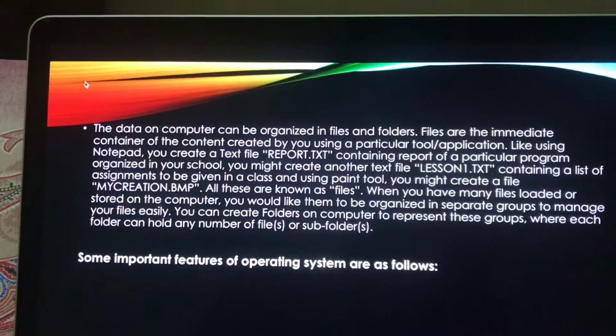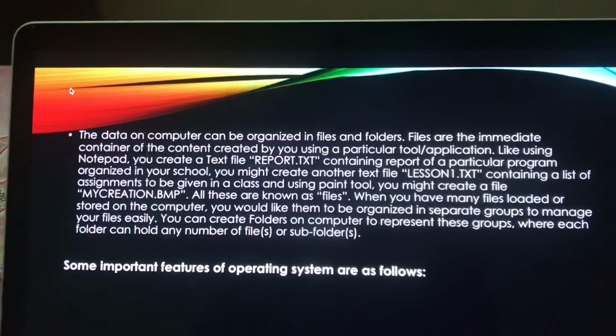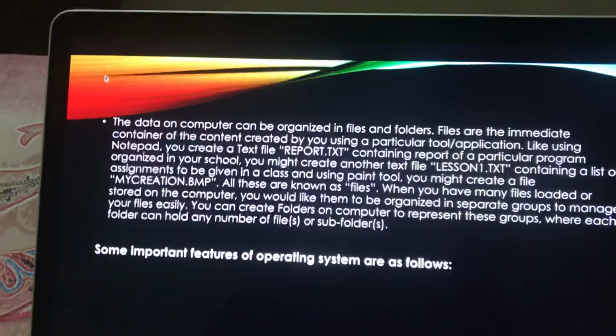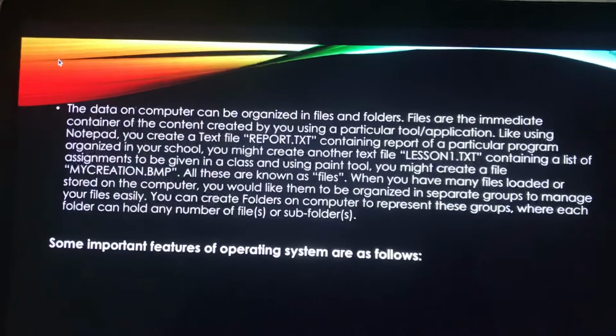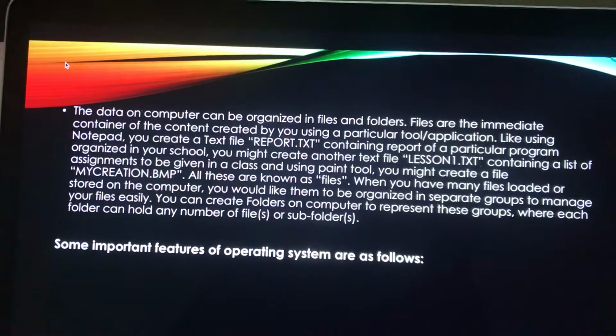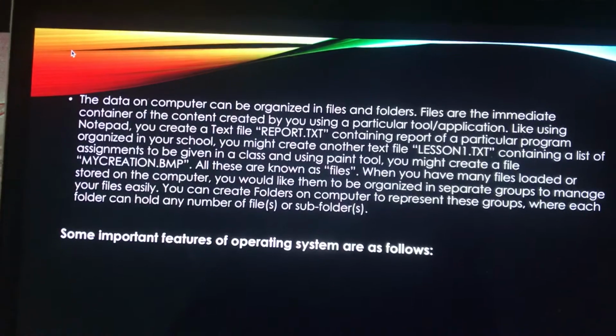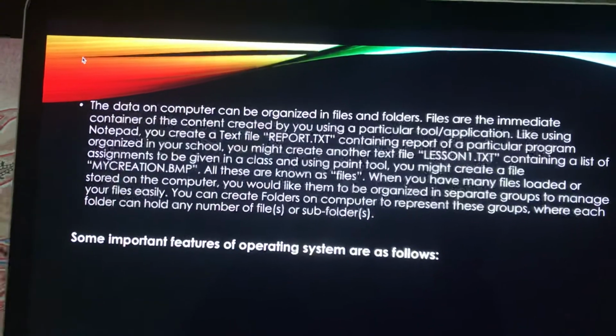When you have many files stored on the computer, you would like them to be organized in separate groups to manage your files easily, right? So you can create folders on the computer to represent these groups of files, where each folder can hold any number of files or subfolders.